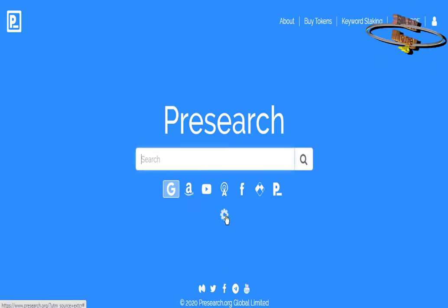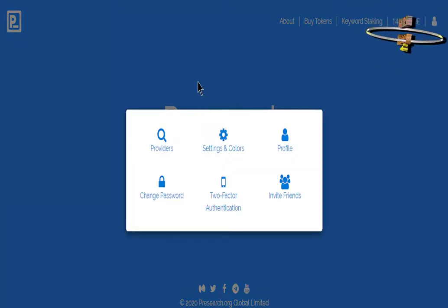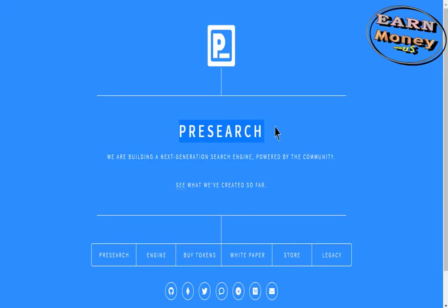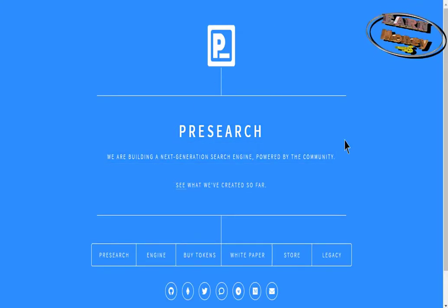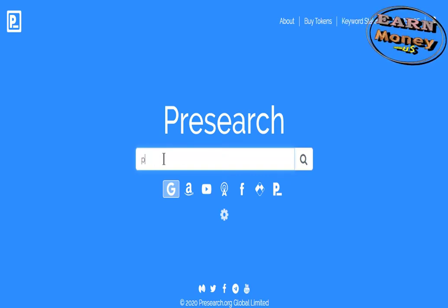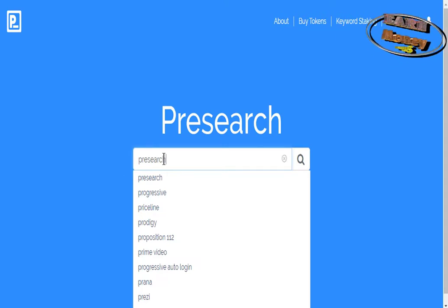I present Presearch, a site which is very easy and can bring you $100 quite easily and without any difficulty. If this is the first time you've heard about Presearch, this is a site dedicated to profitability and ad creation. What interests us is the profitability of the site. As ads are not our goal, thanks to this site, you can earn $100 a month in a few simple